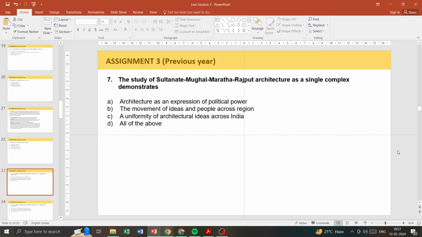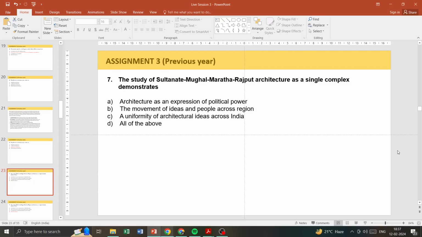Question number 7. The study of Sultanate, Mughal, Maratha, Rajput architecture as a single complex demonstrates that architecture is an expression of political power, the movement of ideas and people across a region, uniformity of architectural ideas across India, and D, all of the above. So when we study it as a whole complex, the Sultanate architecture, the Mughal architecture, the Maratha architecture, and the Rajput architecture, the 4 of these things which have been majorly covered in the syllabus of this course,